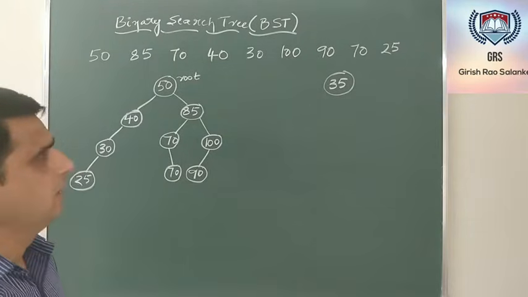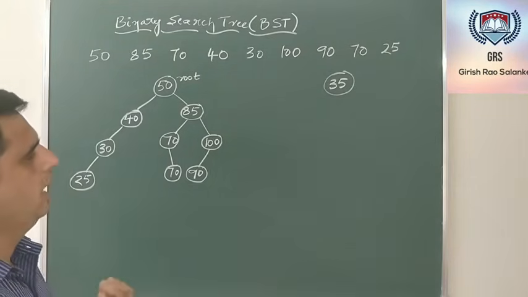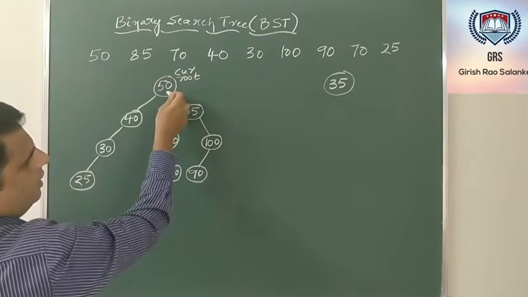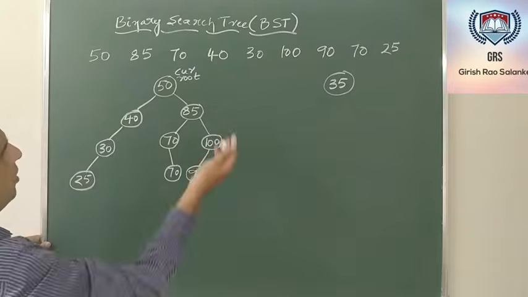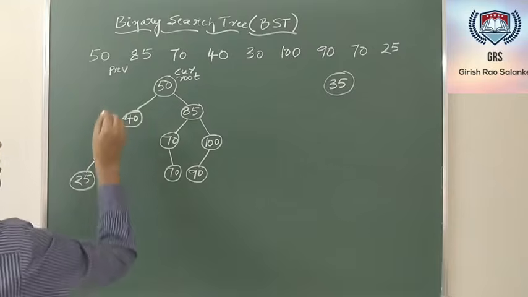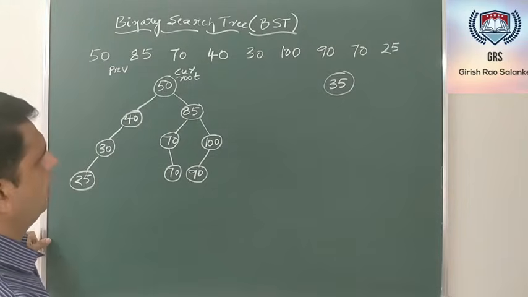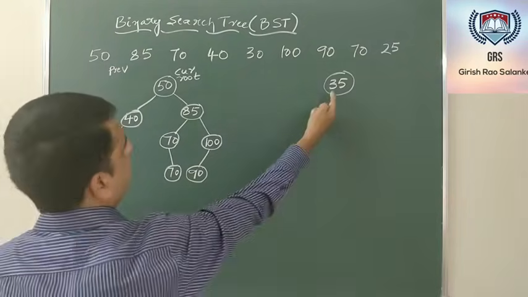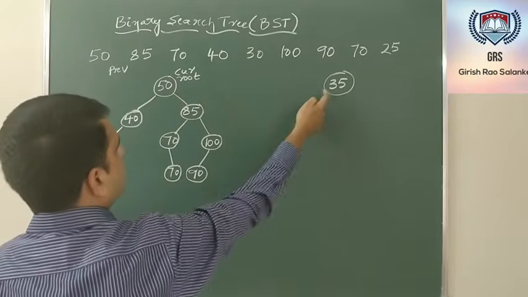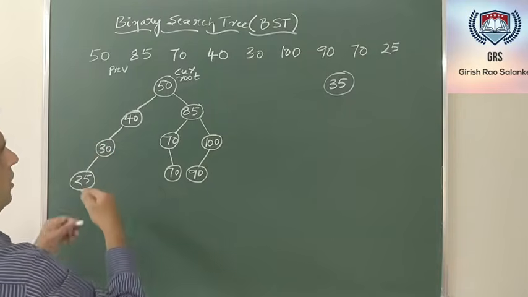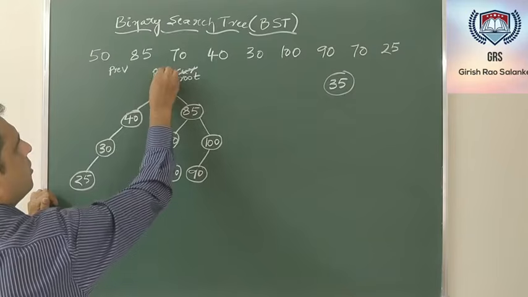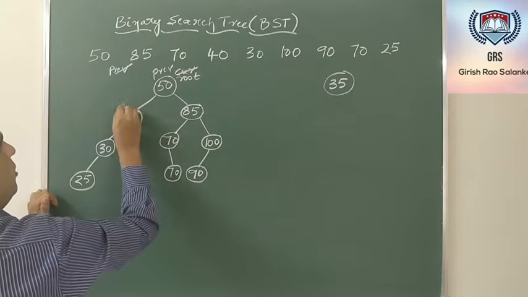Now, how to do it? The reference node is the root node. Let me call the root node as current. And I will take one more reference as previous, wherein previous is pointing to null. Now what I need to do is compare this 35 with the current of data. Current of data is greater when compared to 35, so I need to move on to the left side. So I need to traverse current as well as previous. So this becomes my previous and this node becomes my current.